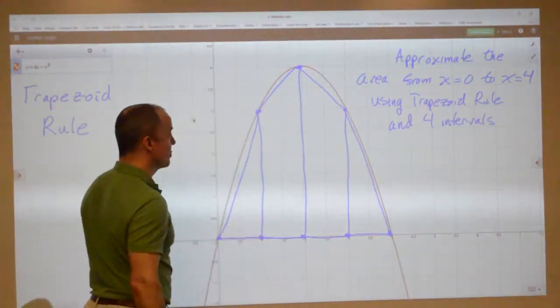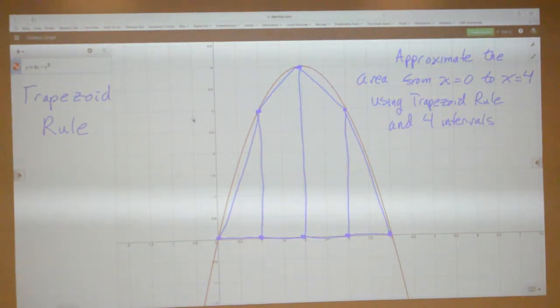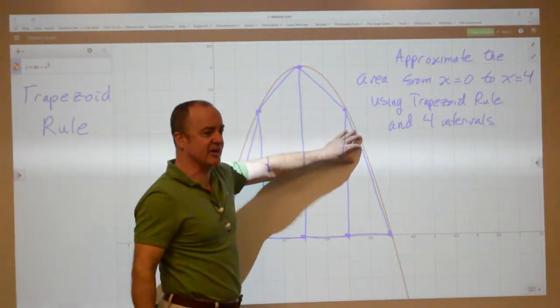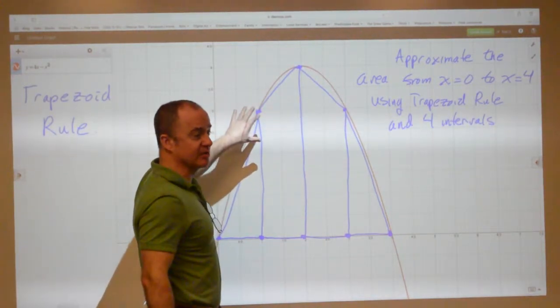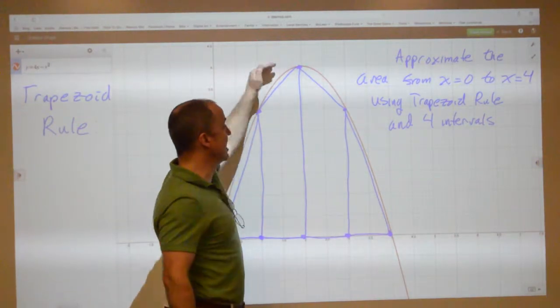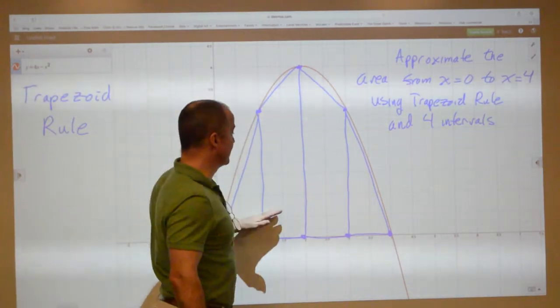So are you more accurate with that rule? It depends on how many trapezoids you use. If you use more trapezoids, in general you will be, because all we're doing is losing tiny bits of area, as opposed to those huge areas we were losing and gaining. It also depends on the shape of your curve. The trapezoid rule in a concave down area is always going to underestimate. Trapezoid rule, if this thing were smiling,